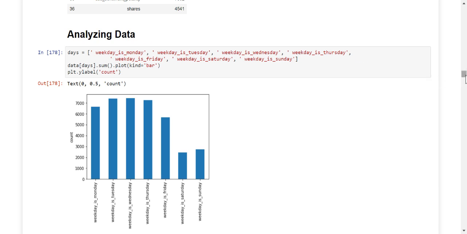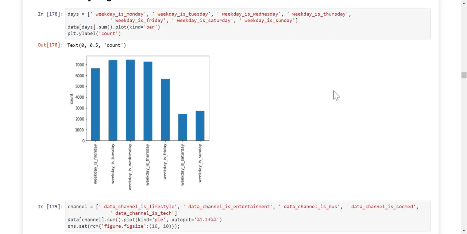And then we start with the data analysis part. Over here you can see that the first thing that I did was to check the number of articles that are being displayed every week, like which day of the week has the most number of articles being released. So you can see from the graph, Tuesday and Wednesday have the highest number of articles, followed by Thursday, and Saturday has the least number of articles being released.